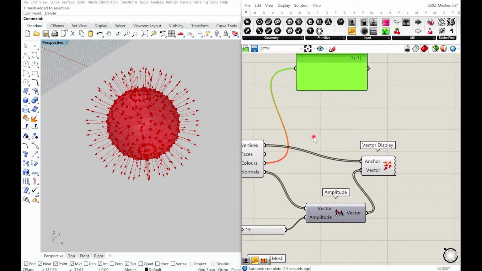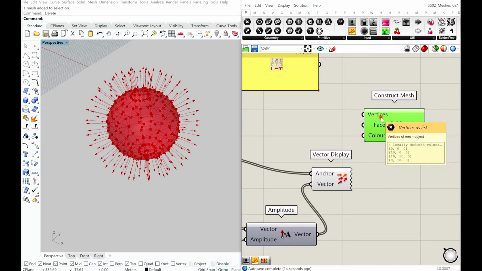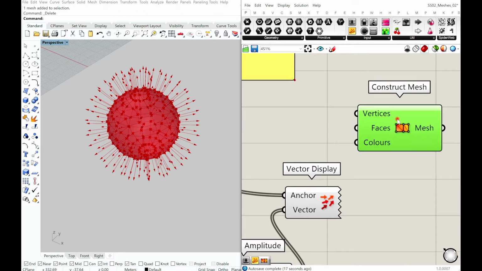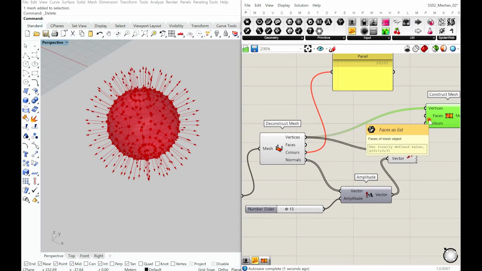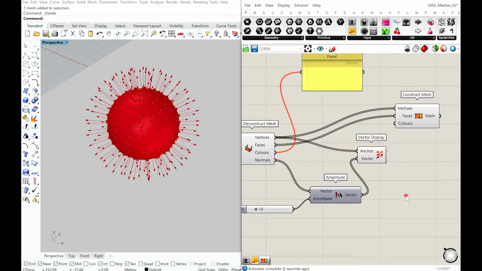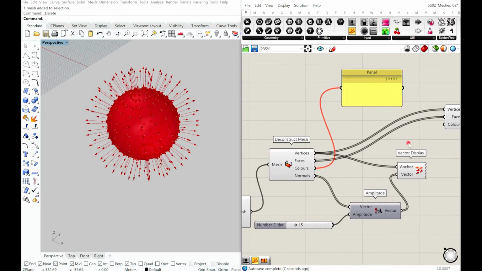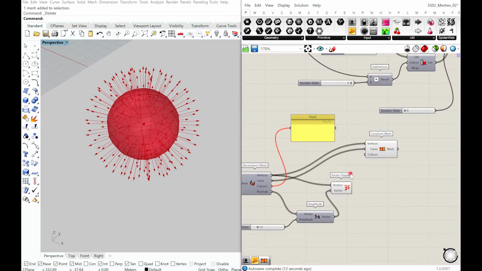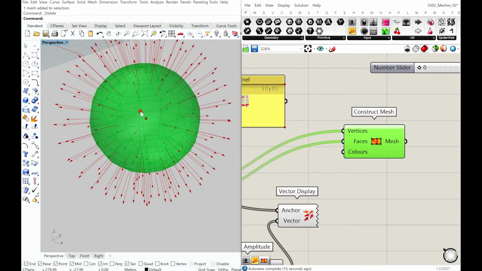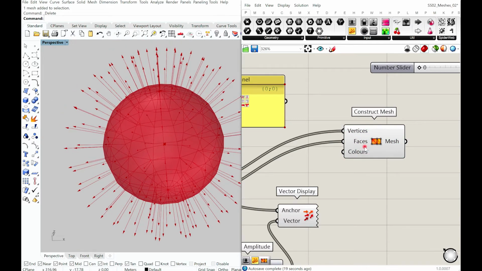What one can also do, if you want to construct a mesh again, is you require three inputs. You require the vertices. So let's say I have these vertices here, you require all the faces as well. I have all the faces here, and sometimes you require the colors if you want to give. In this case, I'm going to leave it empty. So what this is doing is recreating the same mesh from the same information. That's just for you to know how a mesh can be recreated or rebuilt with more information.